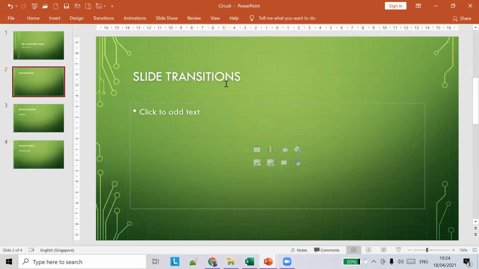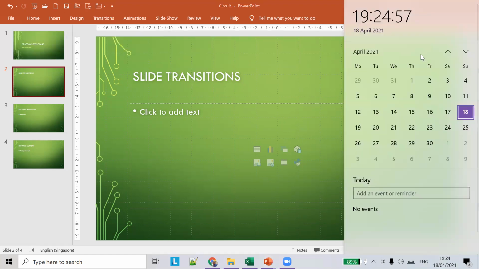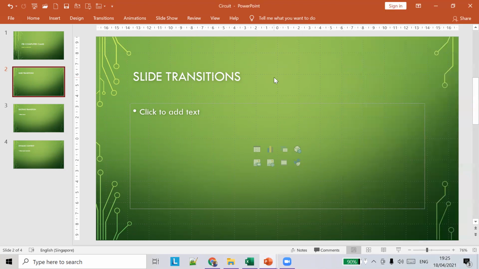You can do 4 different slides, and in each slide you can apply a different transition, and you can apply sounds to that, and you can also apply automatic duration. It's now 24, right? I'll give you another 15 minutes.